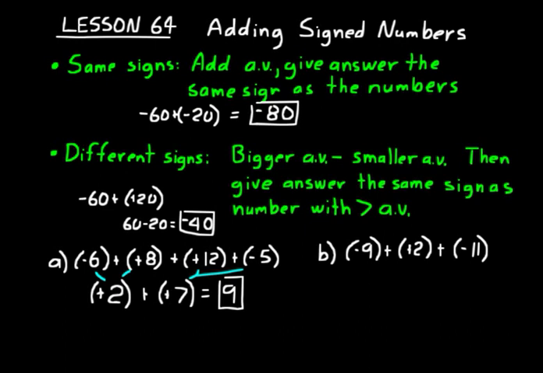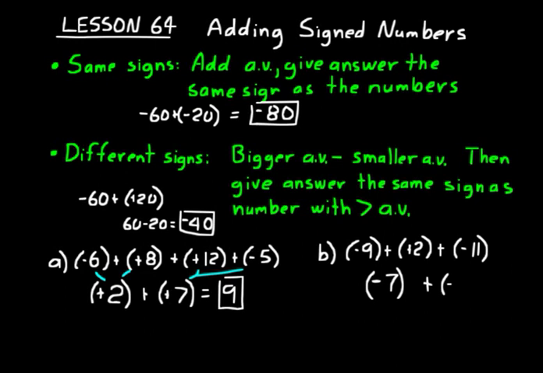Add in pairs. Let's add the -9 and the 2 together. So we take the difference in those first two numbers because they have different signs. 9 minus 2 would be 7. And we give the answer the same sign as the number with the greater absolute value. That would be the 9. It has a negative in front of it. So we have a -7